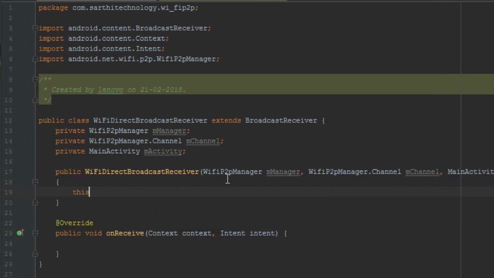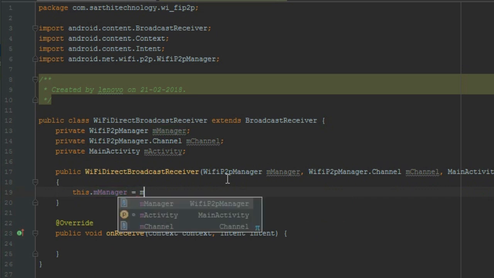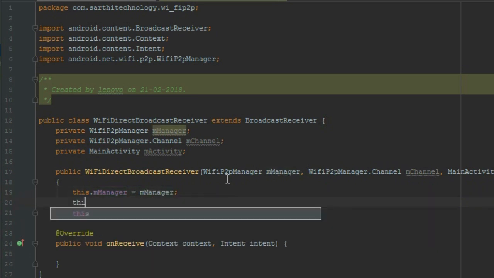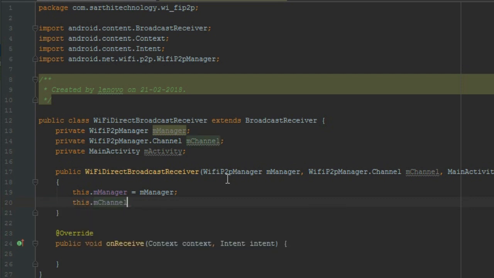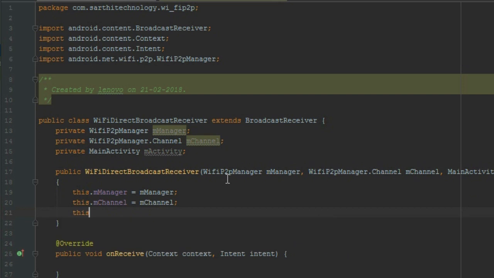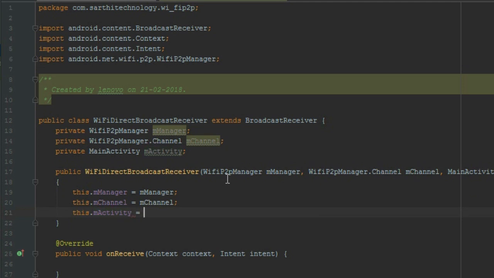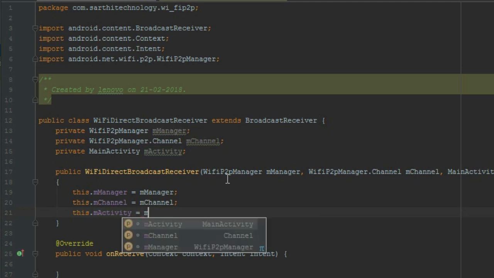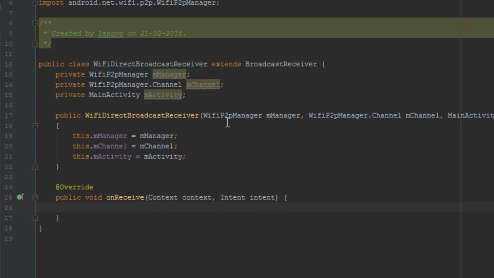and here this dot mManager equal to mManager, this dot mChannel equal to mChannel, this dot mActivity equal to mActivity. So now we have all the three objects, and in the on receive, first we will create an